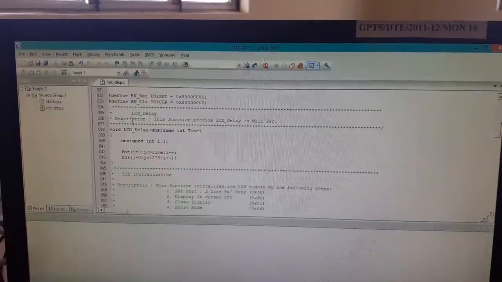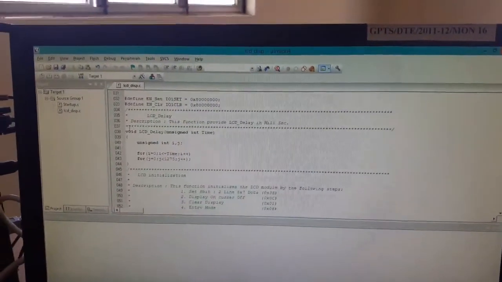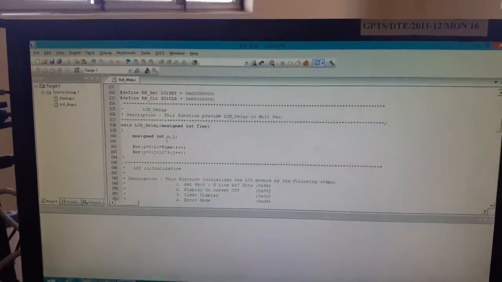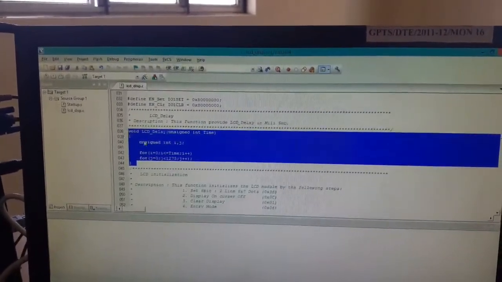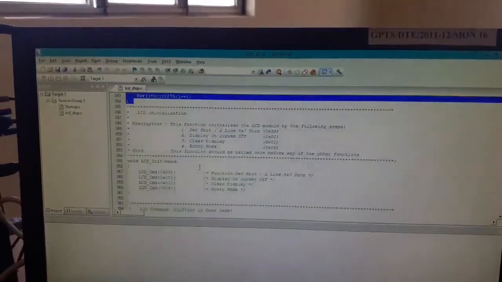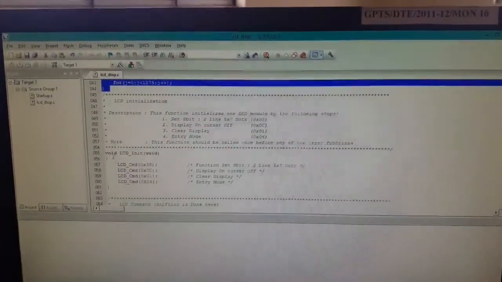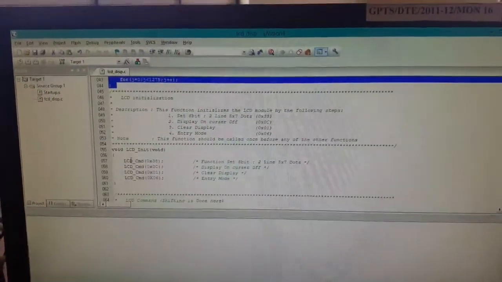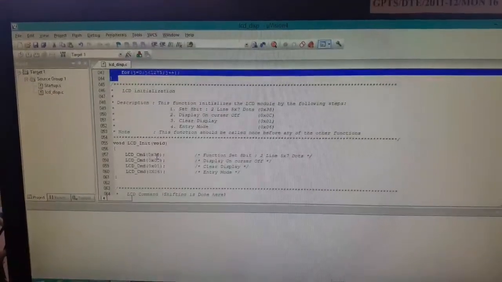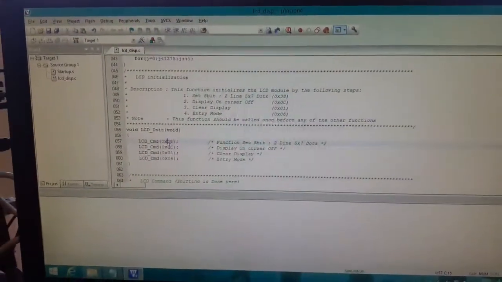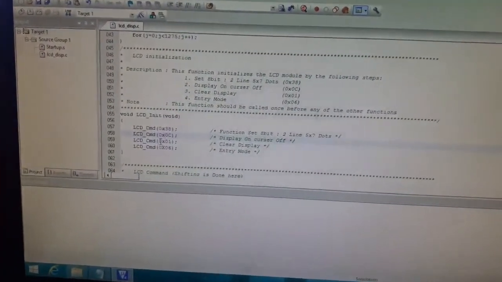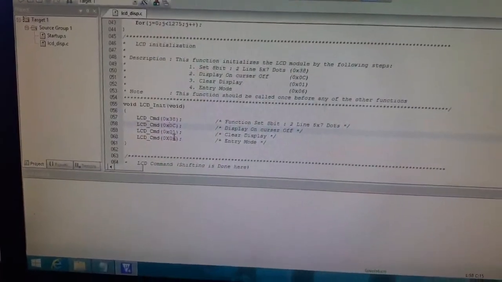After that, one delay function, that is LCD delay. Here LCD delay unsigned int time is a common delay function we have written here. After that, we are initializing the LCD. Then we have written an LCD init program, LCD command with different command codes 0x38, 0x0c, 0x01 and 0x06.